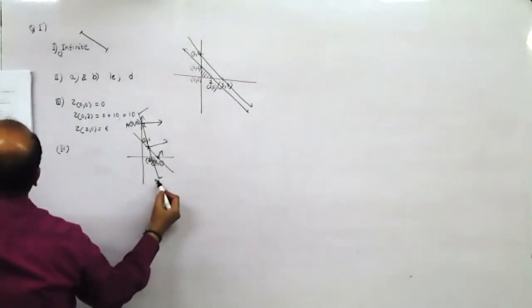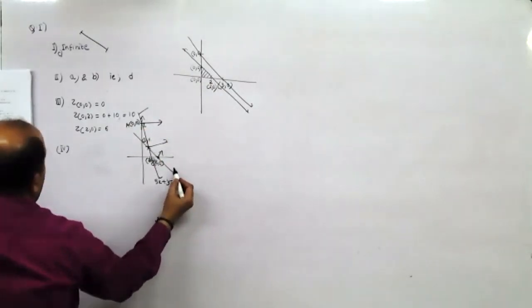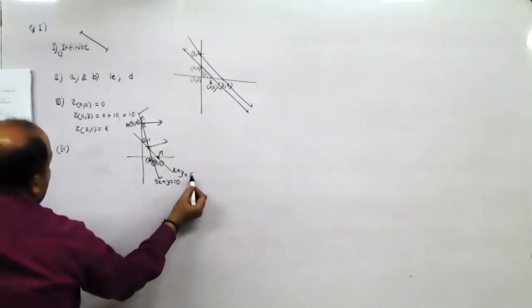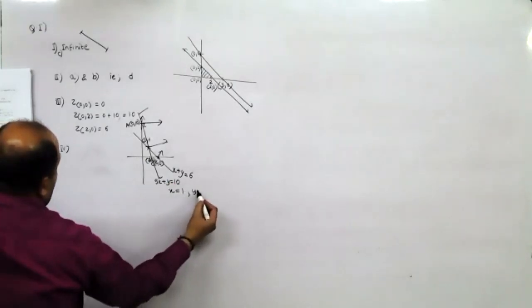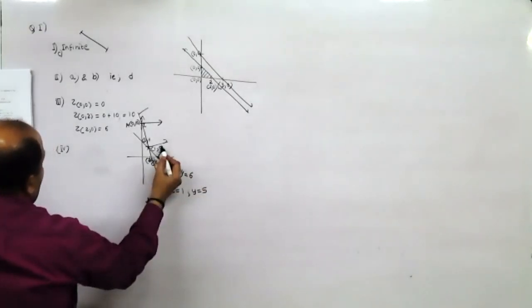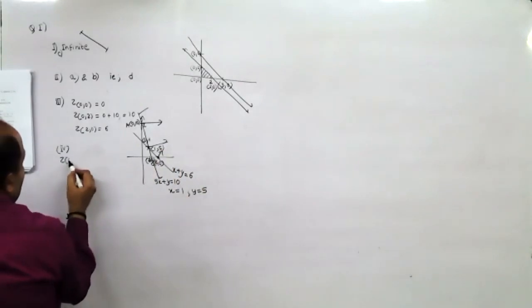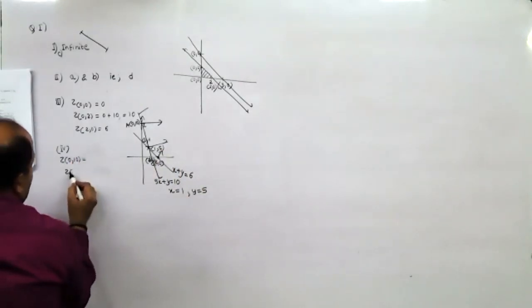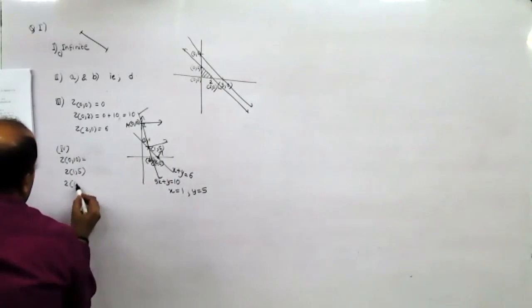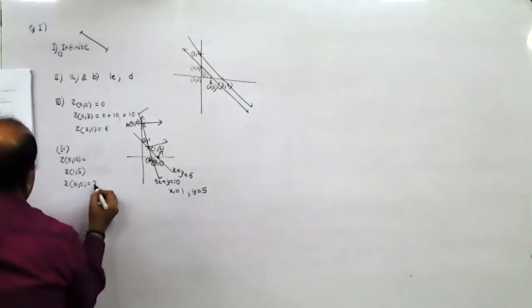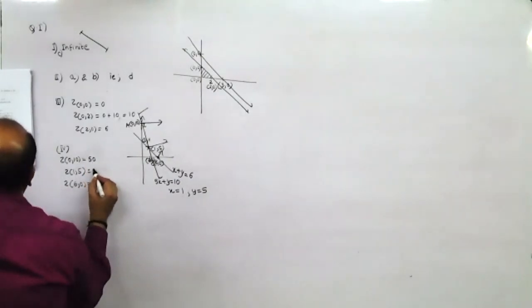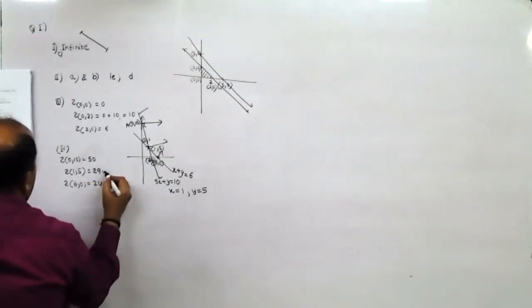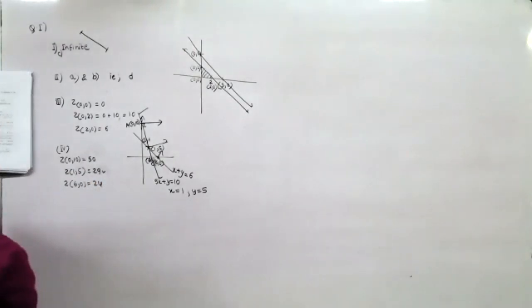So it is 5x plus y equal to 10, and it is x plus y equal to 6, 4x equal to 4, therefore x equal to 1, y equal to 5. So this is 1 comma 5. So we'll have to find z at 0, 10, then z at 1, 5 and z at 6, 0. So when I take z at 6, 0, it is 24, z at 0, comma 10, it is 50, and z at 1 comma 5, it is 4 plus 25, 29. Minimum value is 24. My God.